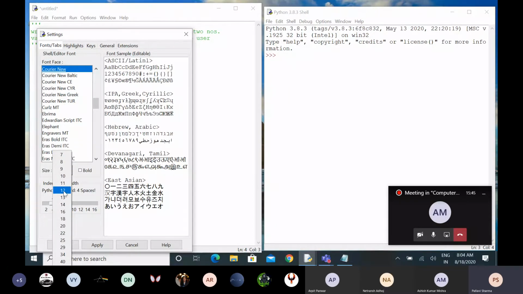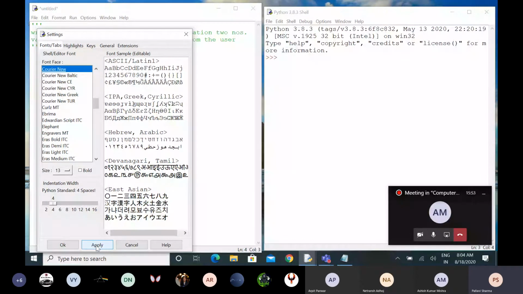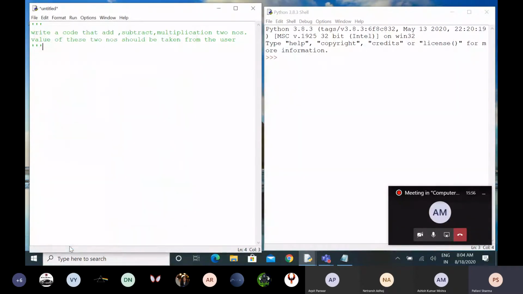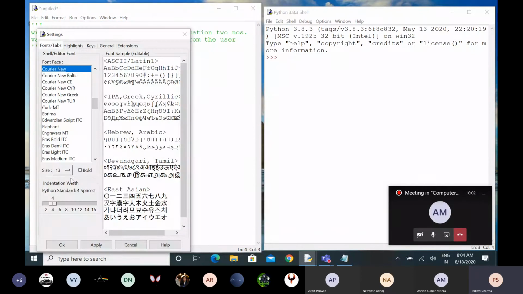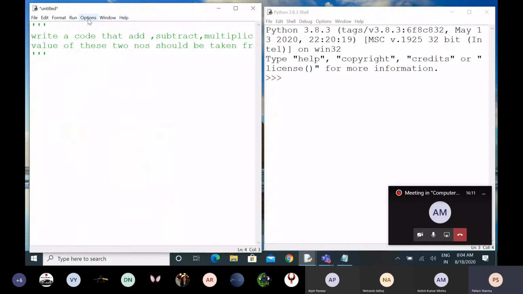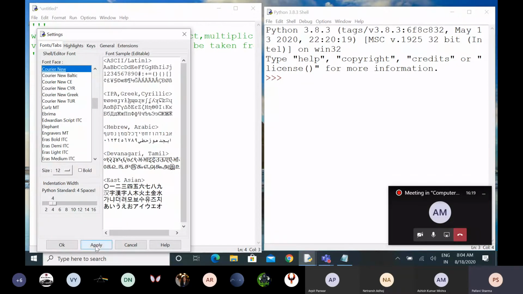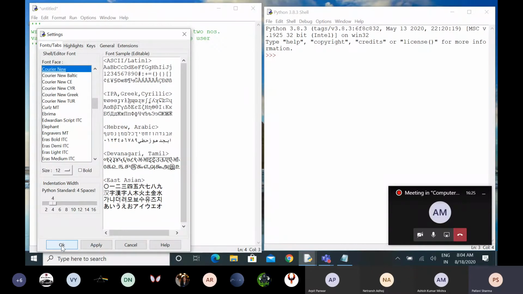So automatically it will increase the size of the text. Suppose if I am increasing the size to apply. Okay. थोड़ा सा size increase हुआ, ज़्यादा करते हैं. Now you can see the difference. Back to the previous size. Earlier the size was 10. But yesterday I increased the size to 12 because some symbols are not visible for the students. That is why I make it 12.